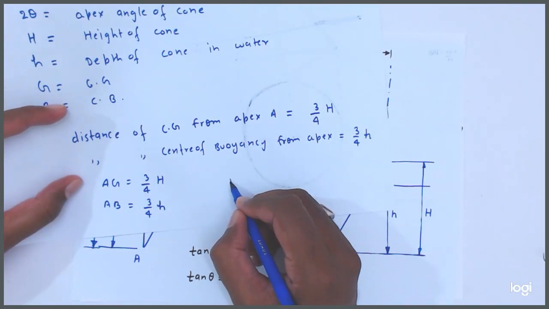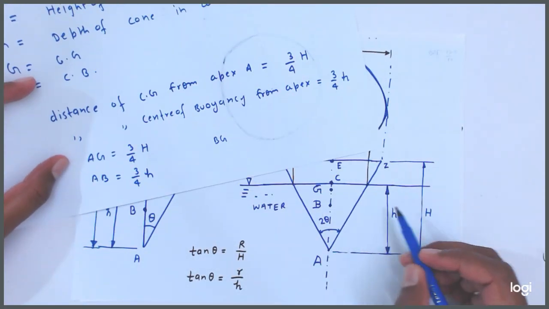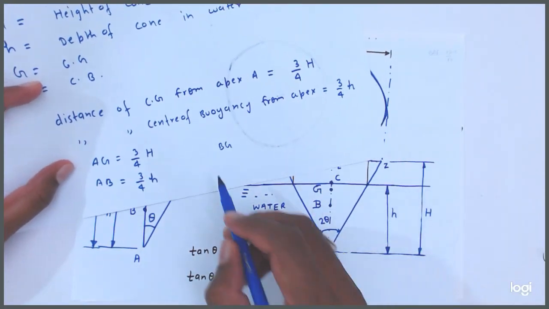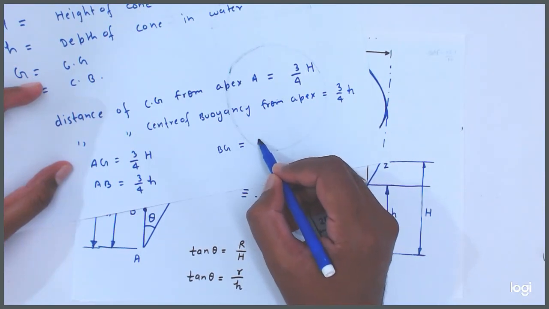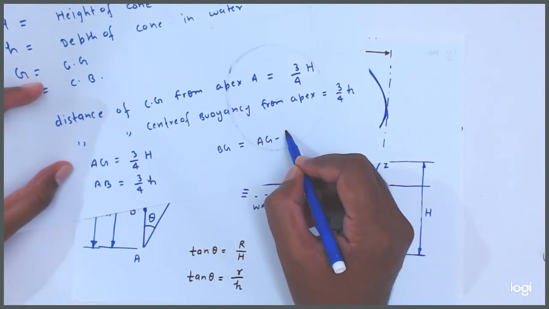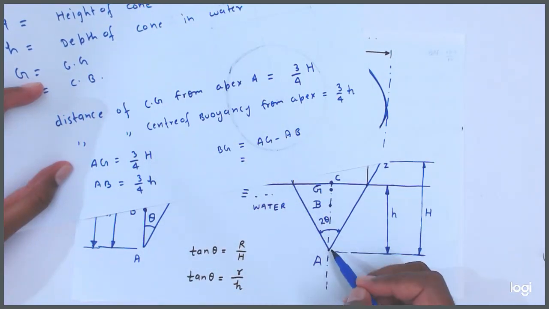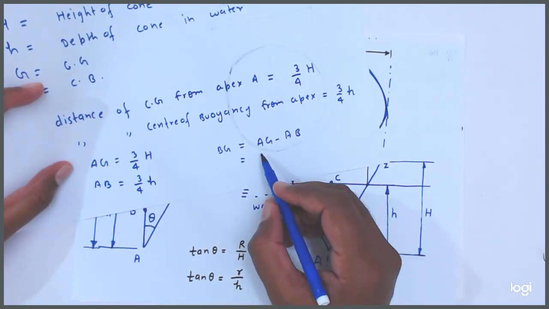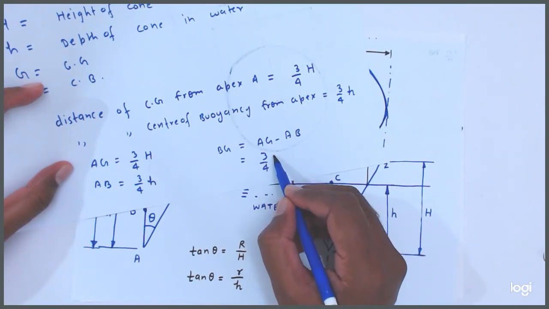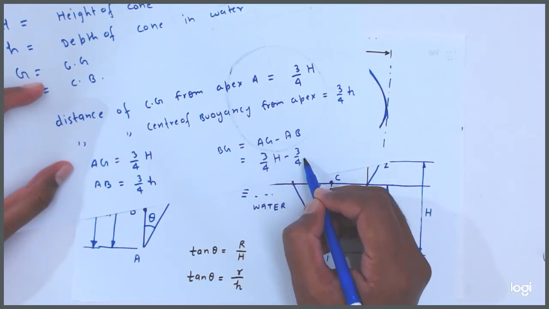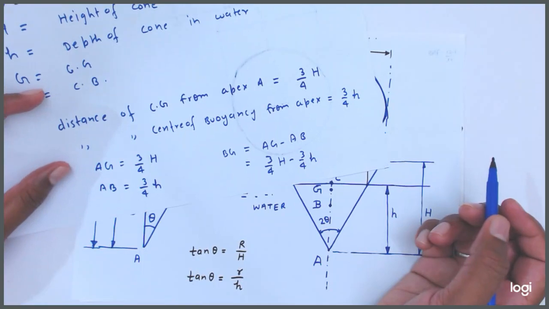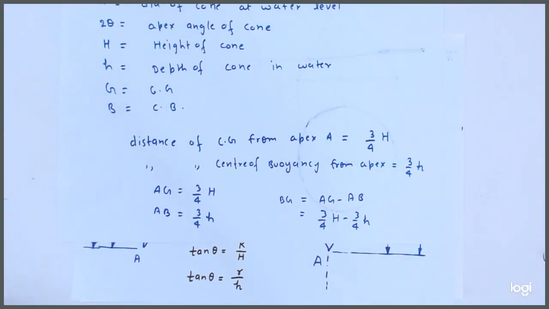So what is BG? BG, the distance, is equal to AG minus AB. So BG is equal to 3/4 capital H minus 3/4 into small h. Okay friends, now